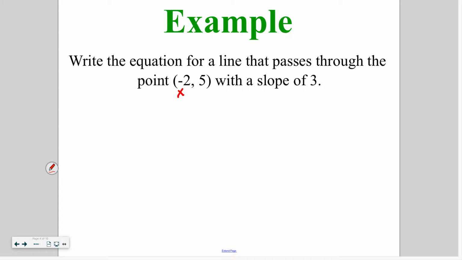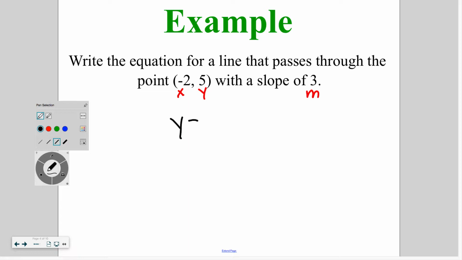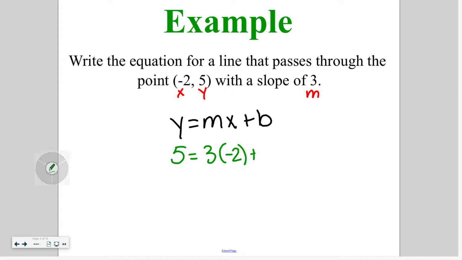-2 is my x, 5 is my y, and 3 is my m. Our slope-intercept equation, if you recall, is y equals mx plus b. So we're going to take those points that we have and plug them in. 5 is equal to 3 times -2 plus b. Following PEMDAS, we do 3 times -2, so 5 is equal to -6